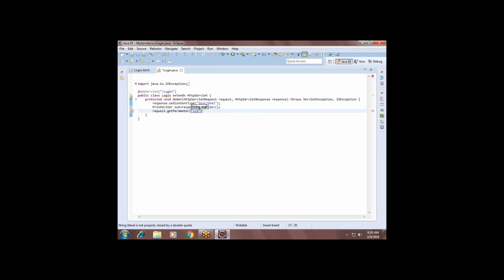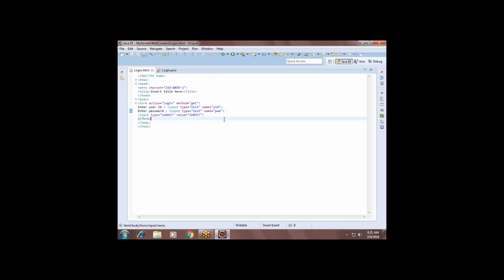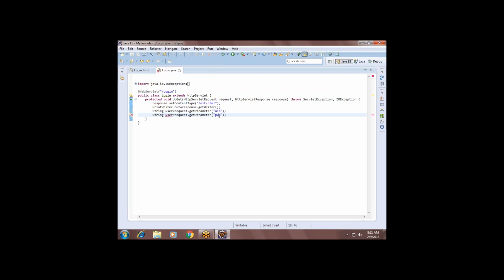The first text box name is uid, and you receive it in the form of a string: user equals request.getParameter uid. Similarly, you receive the password, pwd, the second text box name, storing into variable pass. So the client's values are received in the servlet in the form of user and pass, guys.